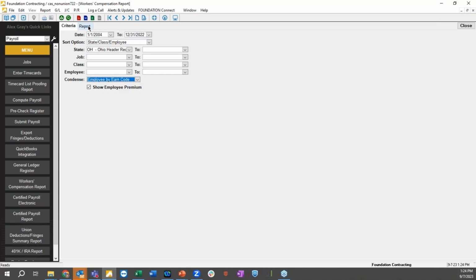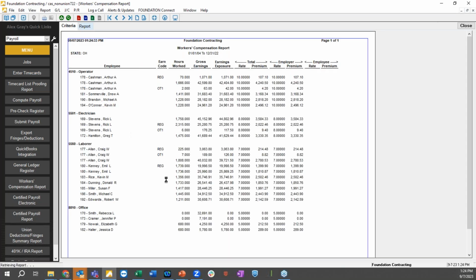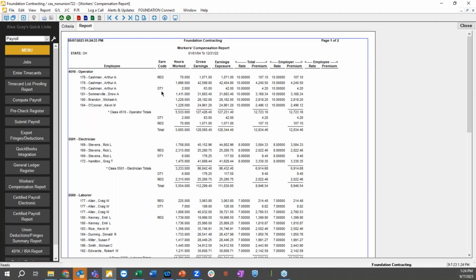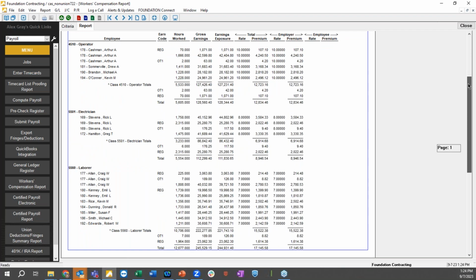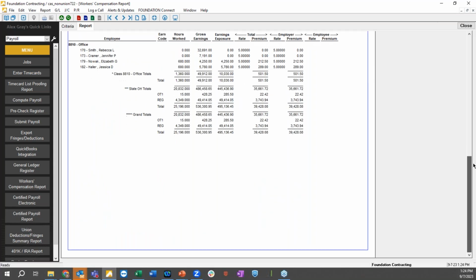All right, that's good enough, but maybe we're going through an audit. We're gonna need a little bit more detail here when it comes to workers' comp. Well, back to that criteria tab, I switch my report format, go back into the report, now have all my classes being broken out with all those employees. And you can even see here, Arthur had 2 hours of overtime, $63 was his gross earnings, but only $42 was exposed based on caps that we had set up. Give us our overall nice subtotals here at the bottom of where we stand. Then also with the reports inside Payroll for Construction, PDF, Word, Excel, CSV, click a button, save it to your desktop or wherever on your computer, and pull these reports outside the system at any point in time.